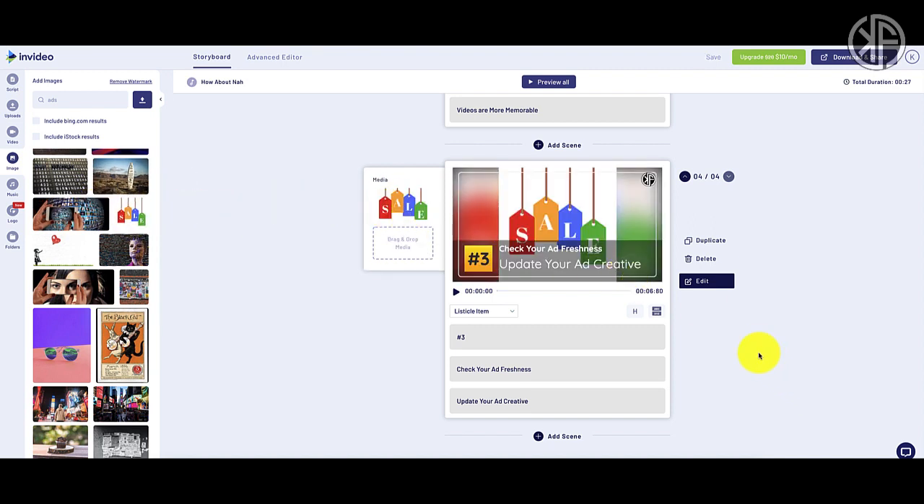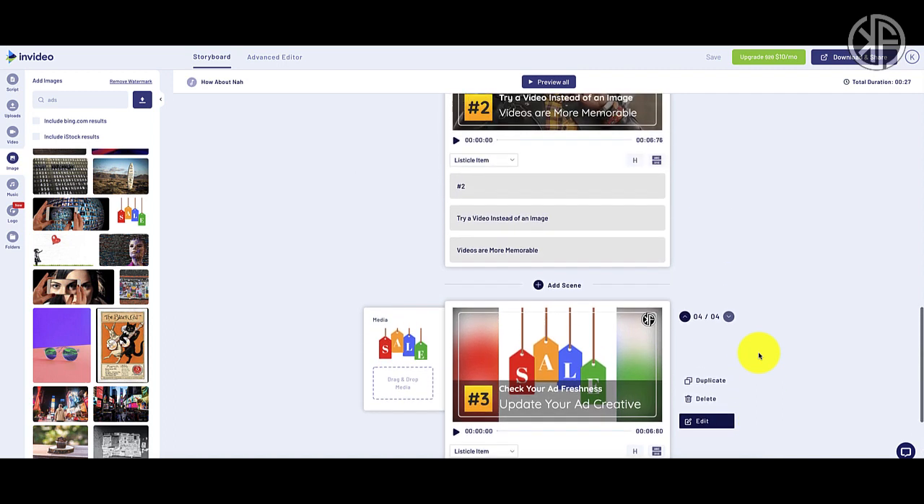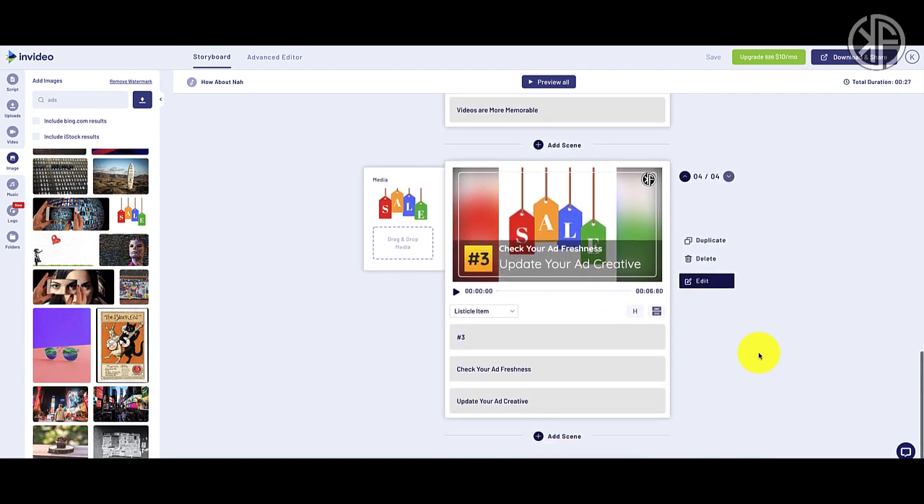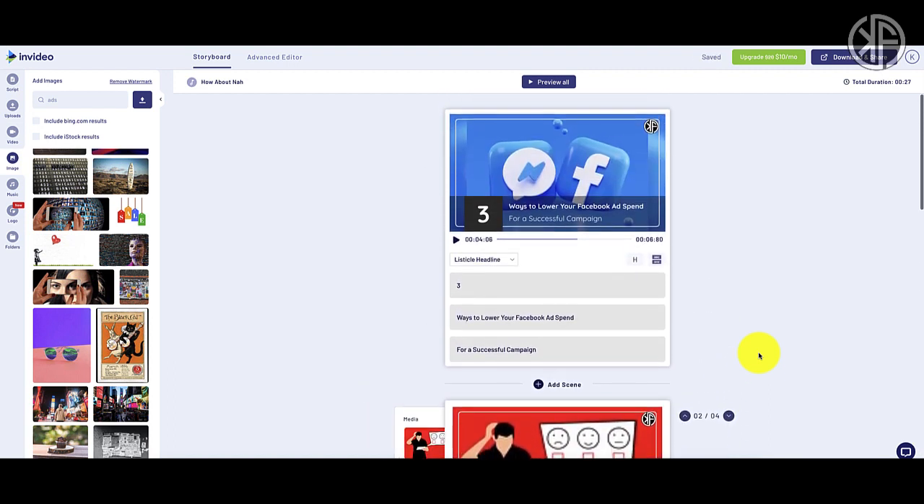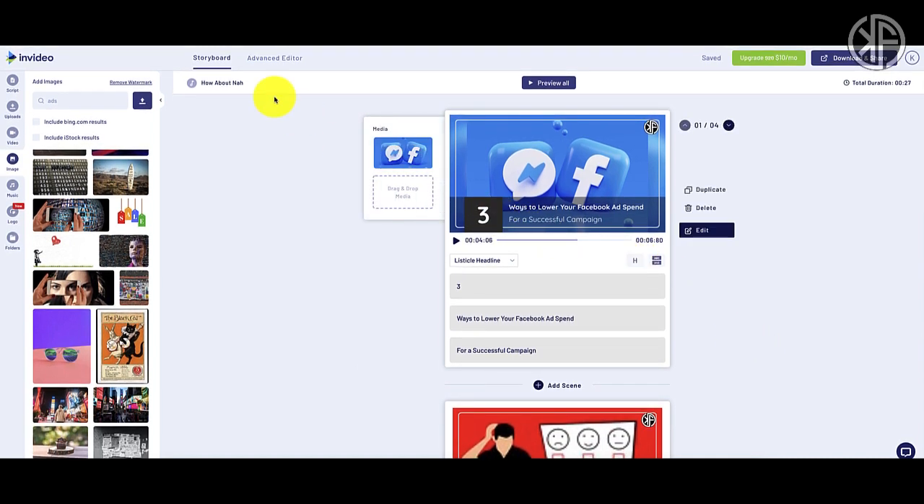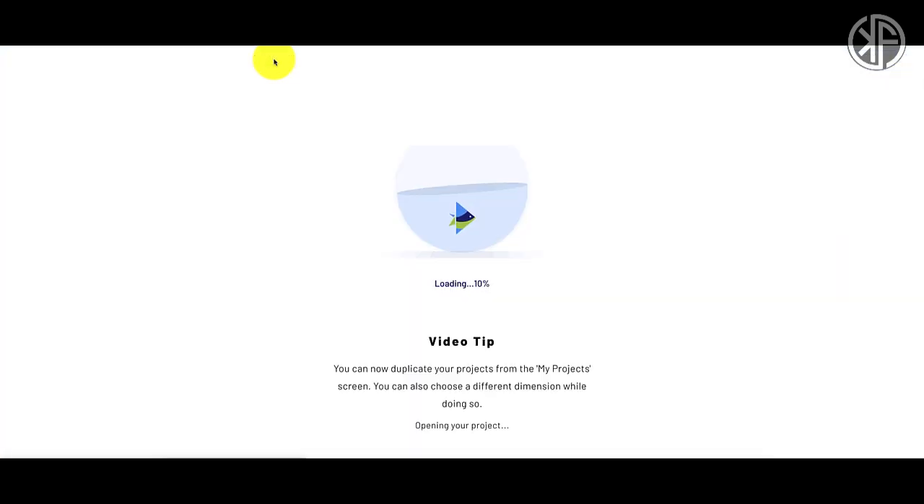That looks good. So now that we've got all of our photos and our videos in there, we've added all of our listicle items in here, we can actually edit this stuff if we want to by going into the advanced editor. And this is where we're going to be able to fine tune a lot of these scenes. So when you click on that,